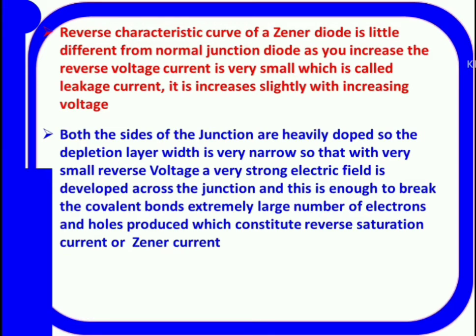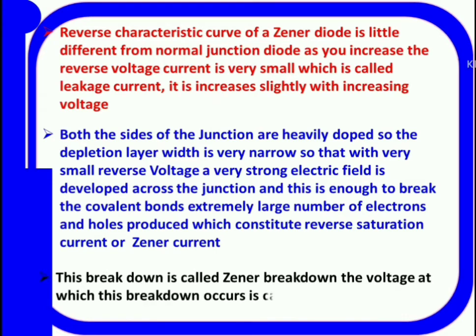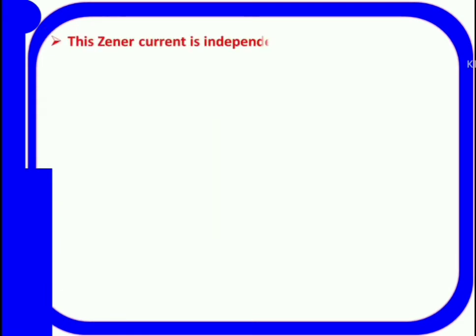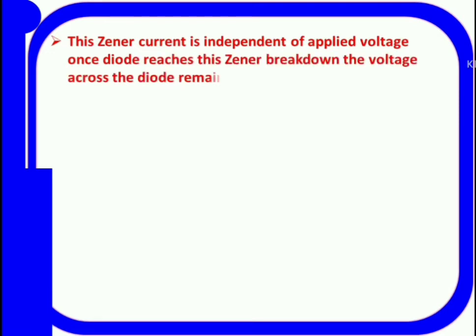Now the current which is flowing through the diode in this case is called Zener current. The voltage at which this breakdown is occurring is called Zener voltage or breakdown voltage. This Zener current is independent of applied voltage. That means it is almost constant. Once the diode reaches this Zener breakdown, then current increases rapidly to a large value, and now it is almost independent of